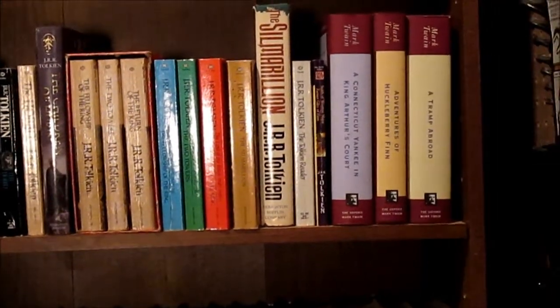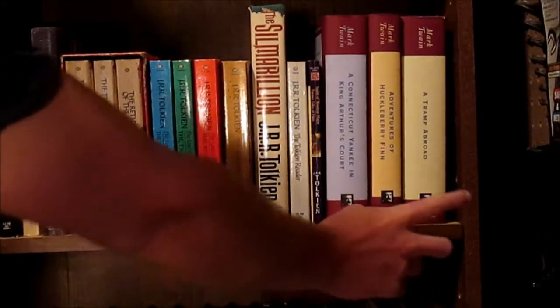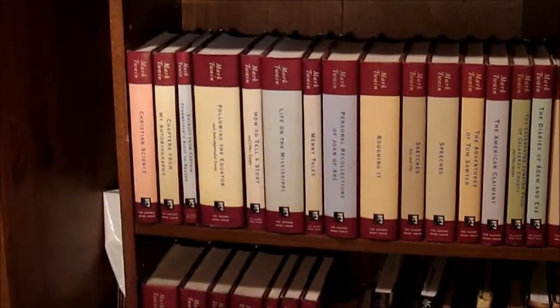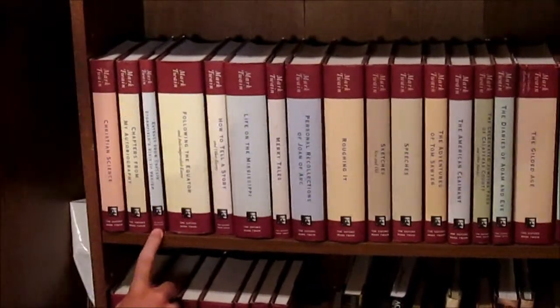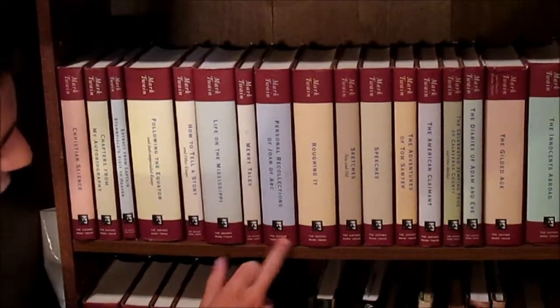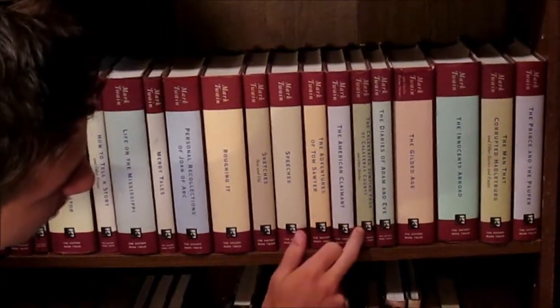So to start, we have A Connecticut Yankee in King Arthur's Court, Adventures of Huckleberry Finn, A Tramp Abroad. Christian Science, Chapters from My Autobiography, Extract from Captain Stormfield's Visit to Heaven, Following the Equator, How to Tell a Story, Life on the Mississippi, Merry Tales, Personal Recollections of Joan of Arc, Roughing It, Sketches, Speeches, The Adventures of Tom Sawyer, The American Claimant, The Celebrated Jumping...